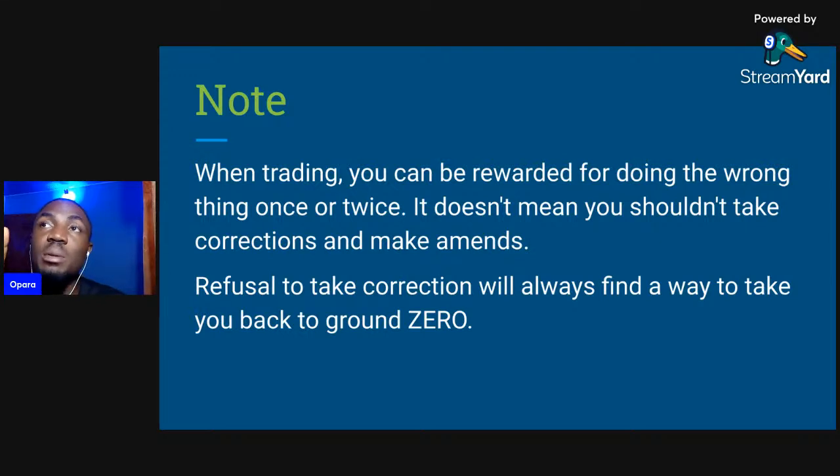Because I've seen people that the moment they make a wrong move, maybe they refuse to use a stop loss. They refuse to use their stop loss, and then the market actually went down. It was red. They were actually losing. But then all of a sudden the market reversed back and put them in profit, and they are happy. They cashed out. But you don't know that they actually went down almost 80%. Because of the noise, the market still reversed back and gave them profits. So because of that bad habit, some of them might want to repeat it again.